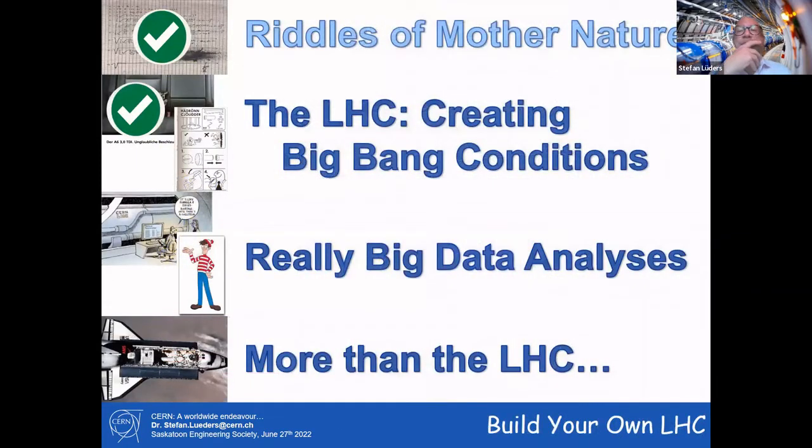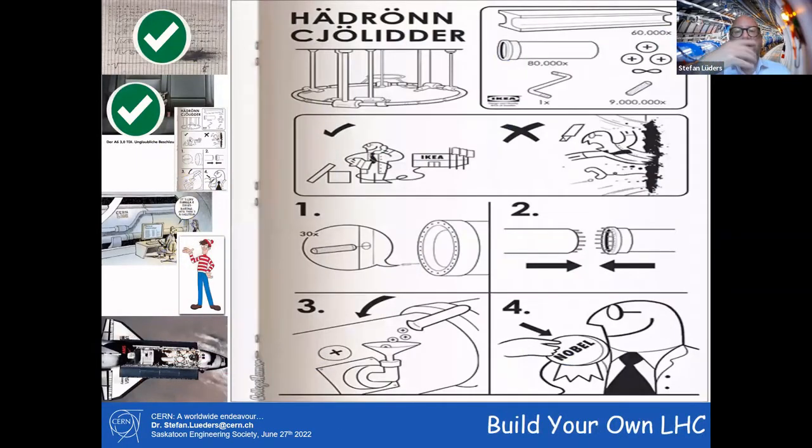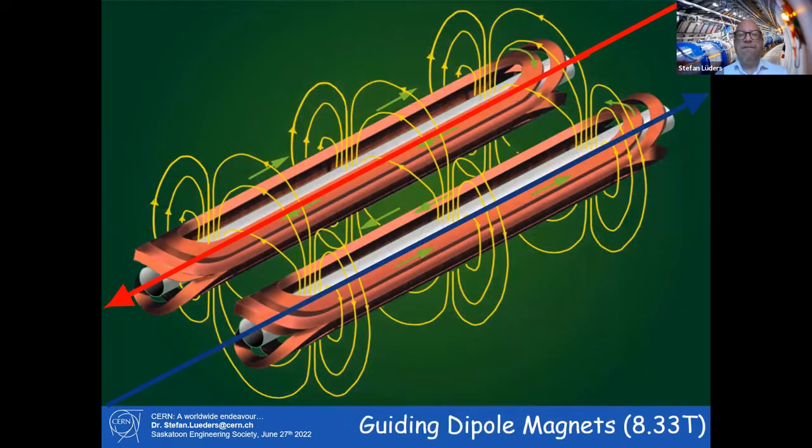So now let's build one. Here's the easy path from IKEA. This is one way you can do it. It's not too expensive. I'm not sure if it's in your IKEA, but here you can still buy it. First, you need to have dipole magnets. As I said, we need to have magnets for guiding the beams. The beams are proton beams in red and in blue. They are separated because we don't want to collide them in the accelerator. So we keep them separated all over the path.